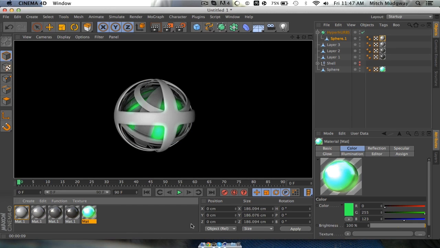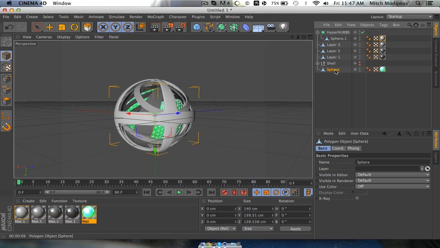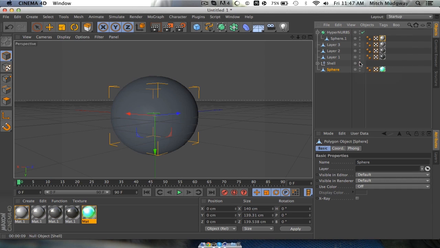Okay, that's a little bit nicer. Some shading, some lighting should have fixed that a little bit at the bottom. Okay, so from this step, we're going to get our outer shell. Turn our outer shell on. Sorry, that's the wrong one. Okay, so we'll open up our outer shell,